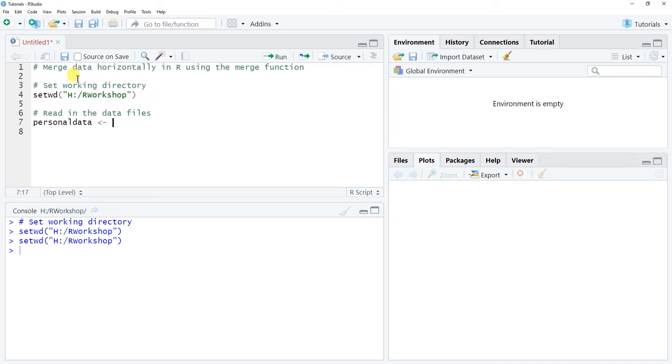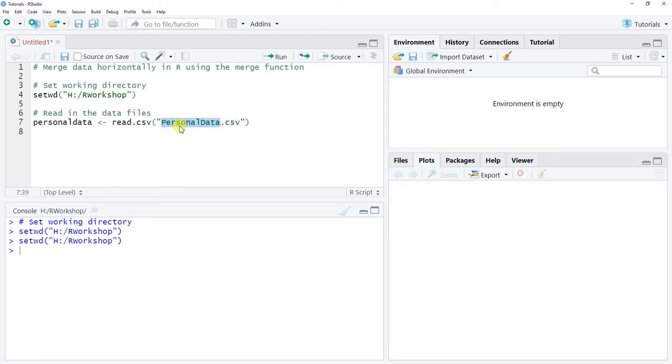This is just what I think makes sense because the file contains personal data for employees. You could call whatever you put to the left side of this arrow, you could name it whatever you want, as long as it doesn't start with a numeral or a special character like a dash. And then we use the read.csv function from base R as a sole parenthetical argument, meaning within the parentheses here and within the quotation marks, in the special case of the read.csv function, put the exact name of the data file,